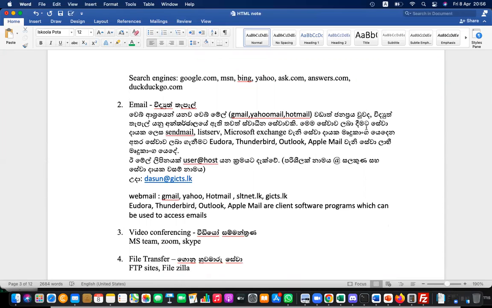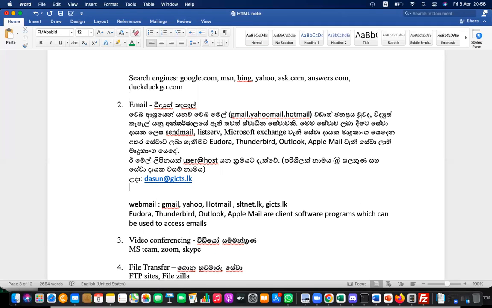Then the next service that we are going to discuss is email. After that, we don't want to discuss much about other services, because we are already using them and we know about them. But these are two important services. So please write the next service, that is email. Right under that, please write